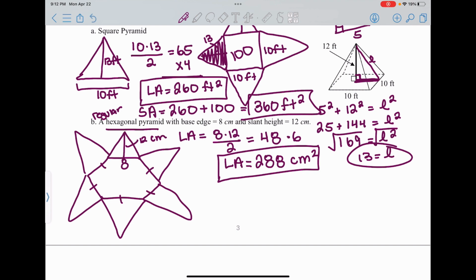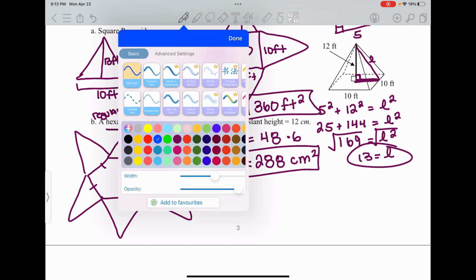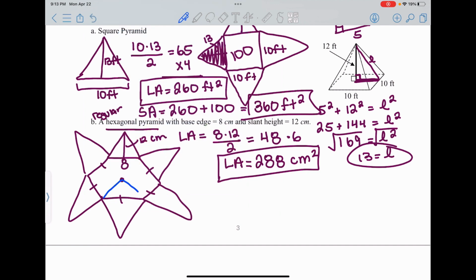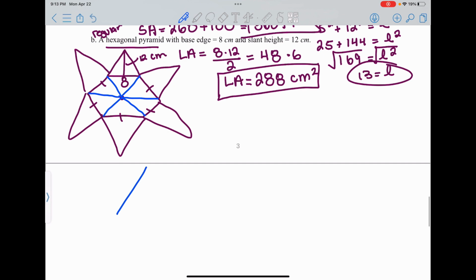To find surface area now, I need to find the area of my hexagon, which remember is a little tricky. It involves me splitting up my hexagon into triangles, and I'll use a different color so that we don't get confused with our lateral faces. I'm going to find the area of just one of these triangles and then multiply by 6 to get the entire base area. I know that my base edge is 8, which means that this section is 4,